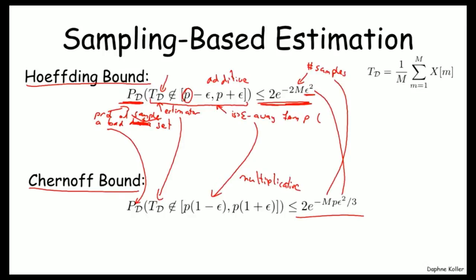But here we have this one other term, which is the actual value P which we're trying to estimate. So if we can give you a bound on the error that you get, a bound on how far away you are from P, a bound on the tolerance epsilon, and also a bound on the probability with which we get a bad sample set,